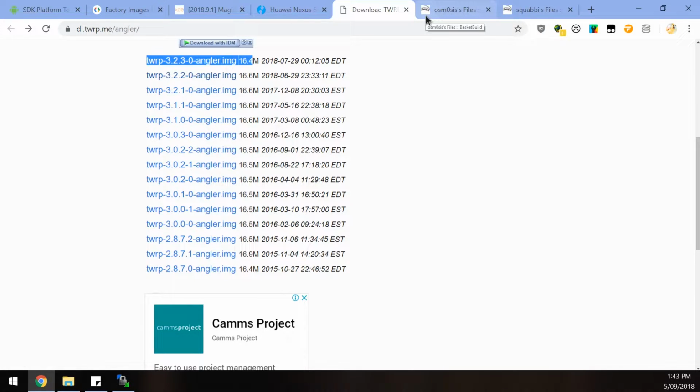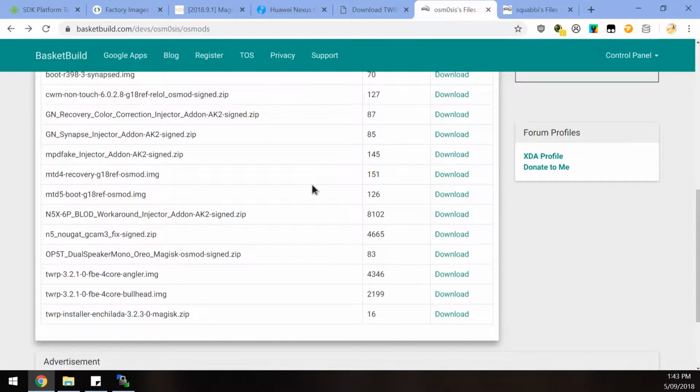Once you have that downloaded, I have a couple files here that are left for those who are having the bootloop of death issue. Now if you haven't replaced your device already, I think you should, but if your device still works and it requires these patches, these are the things you want to download. There are two ways of doing this. You can flash the